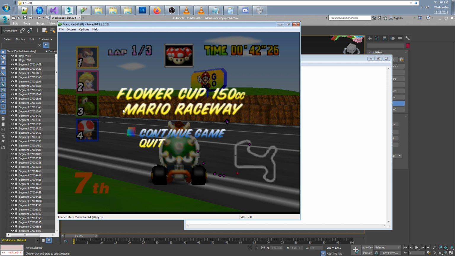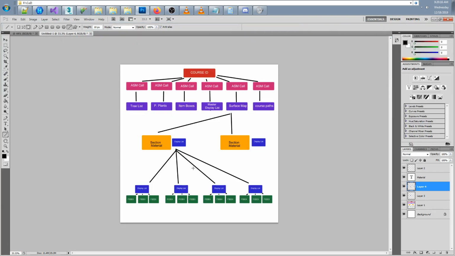So again, with Mario Kart having the camera set up differently, it's very different than normal games having it stored. There is no single piece of geometry for the level data. It's actually broken up into a ton of different objects, and based on where you are in the course, there's something called a display list that will draw each of those objects. So to kind of help visualize it a bit,